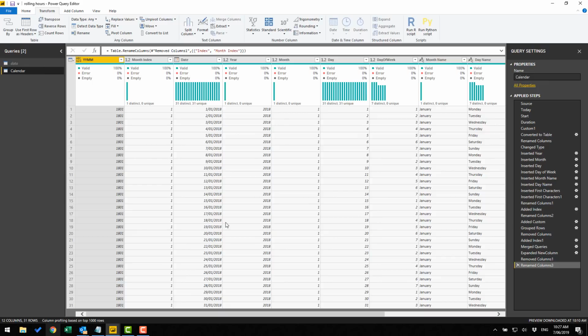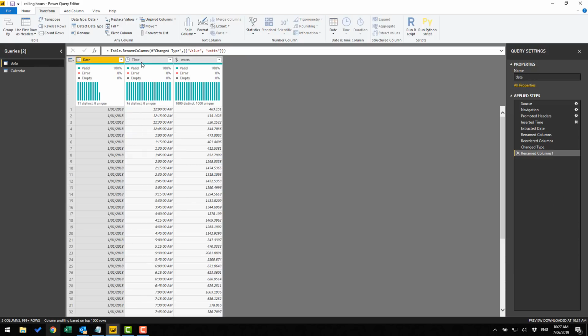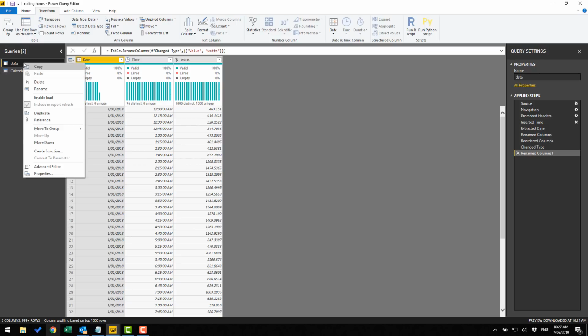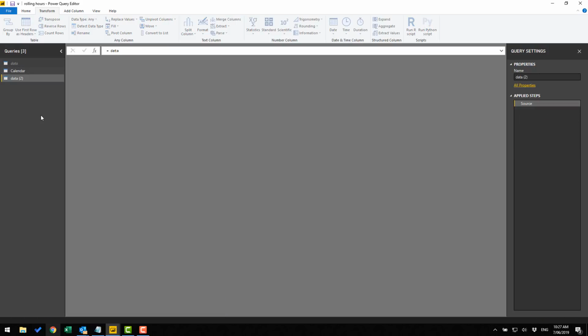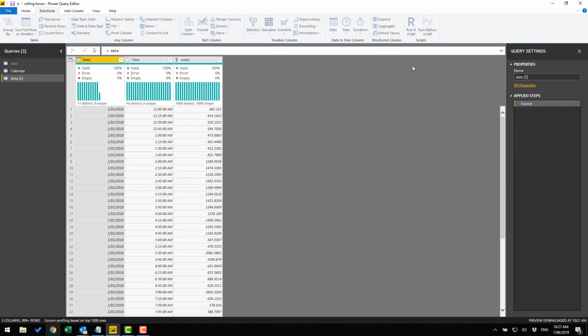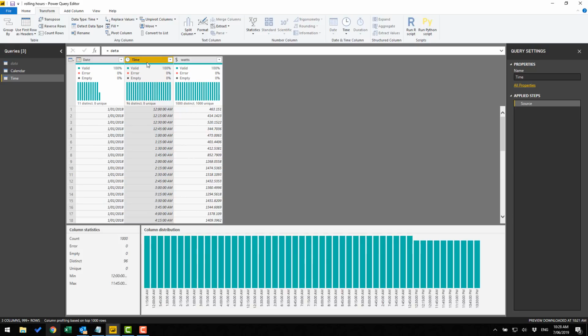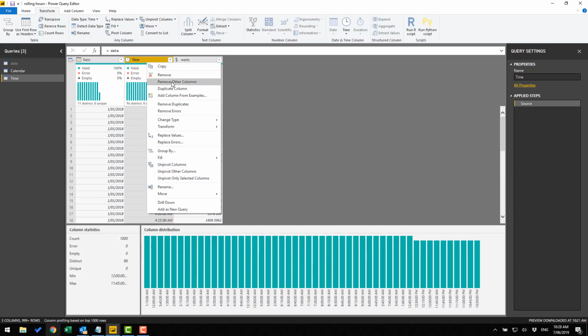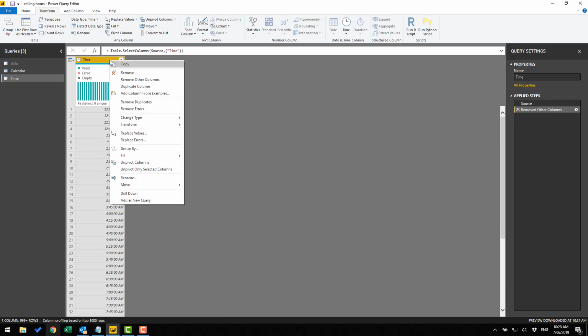Okay, so there's my data, and I also have a calendar table here which I'm going to load. I've got this calendar table just for the period January 18, and I also need a time calendar. Now I could create one of these from scratch, but what I'm going to do is reference this data query, and I'll turn this into my time calendar table. In this case the calendar table is time only,